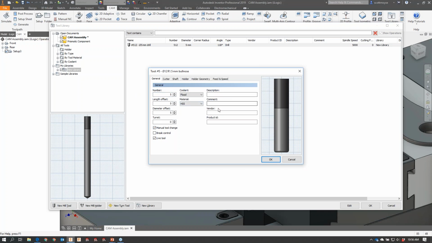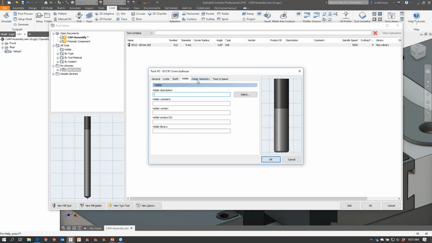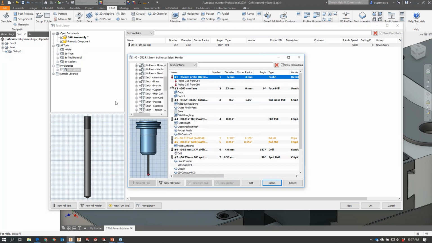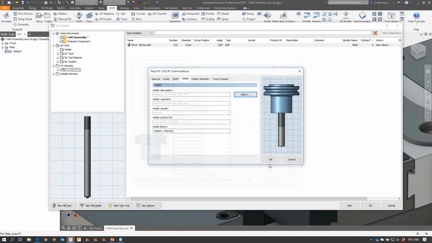I advise you input as much data here as possible when you're setting the tool up, so that you know exactly which tool it is, and that information appears in your NC file but also on your setup sheets. You can define custom shafts, so if you've got the next tooling you can do that, and we can go and create holders as well and build up a library of those if we want. So we'll just grab a marry tool holder for now,